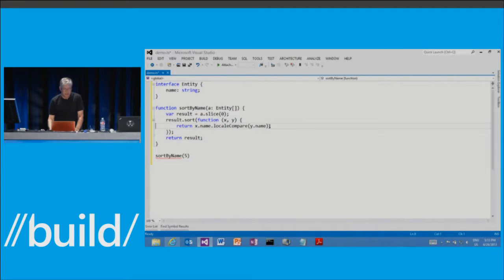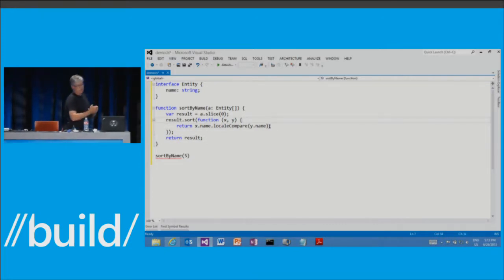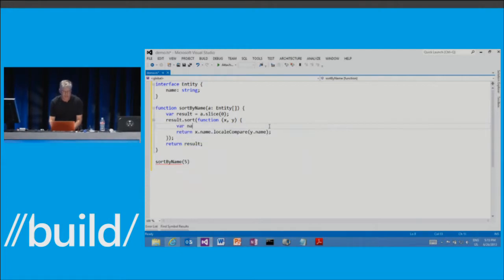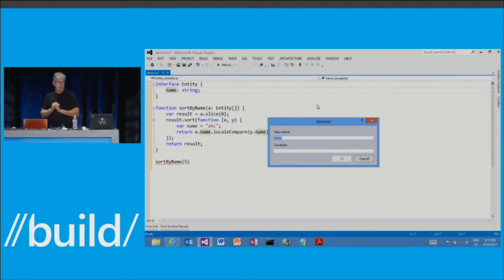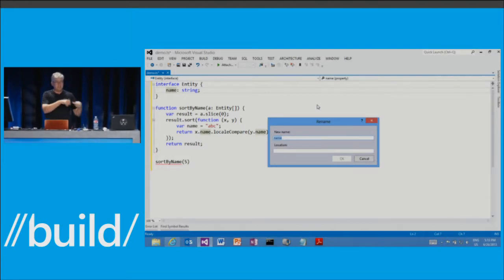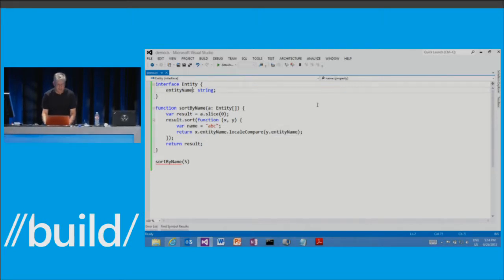Let me just show one of the other things that static typing brings to bear. Let's say that I, for example, also had a local variable name here. And let's say this is a very big code base, thousands of lines, and I'm using entities all over the place, and now I decide this name property, I really want to call it entity name or something else. I can now go and refactor, and so if I say refactor rename, you'll see that the IDE has already highlighted all the places that this thing called name is referenced, but omitted all of the other places where there's an identifier called name that isn't this one. And now I can say, well, call it entity name instead,